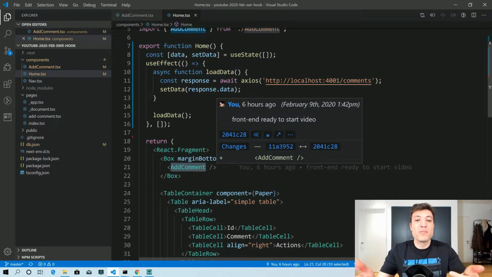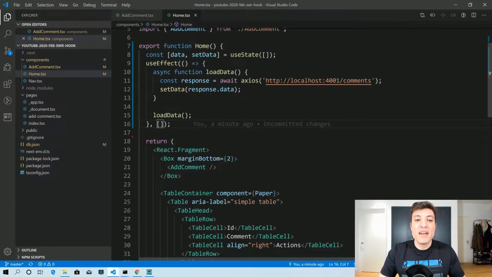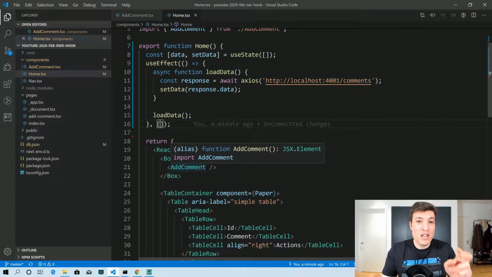And then here we know that that event triggered, so we will change something that we will put in the dependencies of the useEffect, and the useEffect will trigger again, but it's already too many things, right? So there must be a better way to do that, and I'm glad to inform you that yes, there is a better way. But before we do that better way, I want to show you something else in this normal